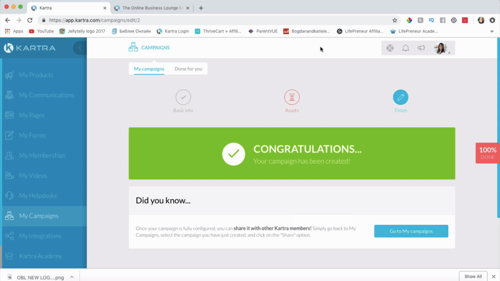So once you have your assets and everything in there, your campaign is going to be ready, and what you're going to be able to do is share it with other Kartra members. So if you have members who are also promoting their own digital product and things like that, like I have, I will be able to just share it with them, and they'll be able to import it into their Kartra account and just edit this campaign to match their product, choose their own product and choose their own pages. It's going to allow them to use my campaign as a model to promote their own product or whatever they